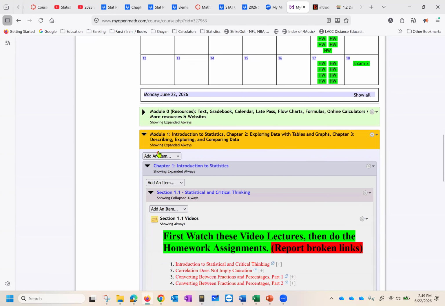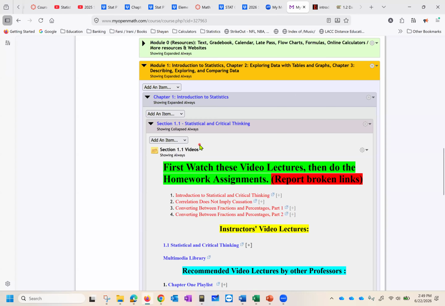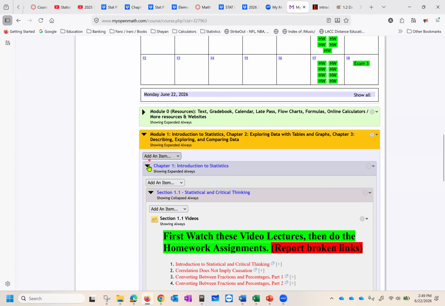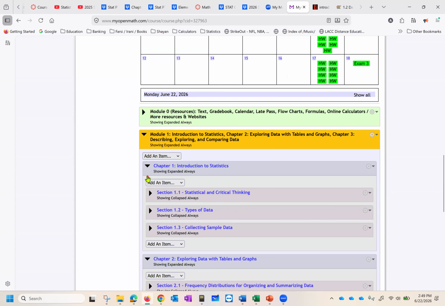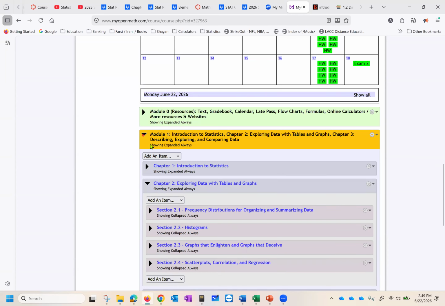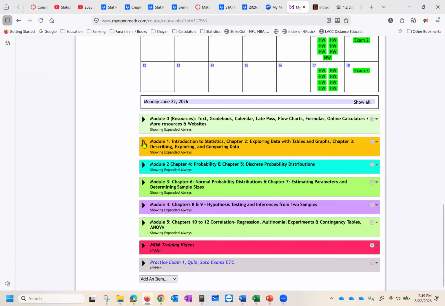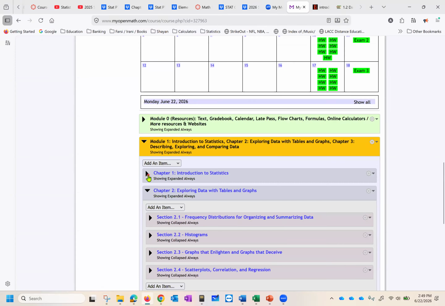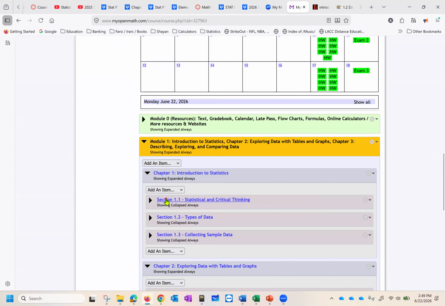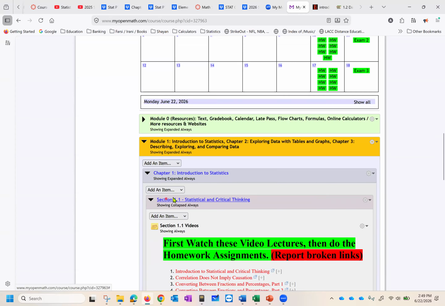As you scroll down, you check module 0 for resources, but your concern is the first module, module 1, chapter 1, section 1.1. Again, let me close that first. So you have to expand module 1, chapter 1, section 1.1, and start working on your